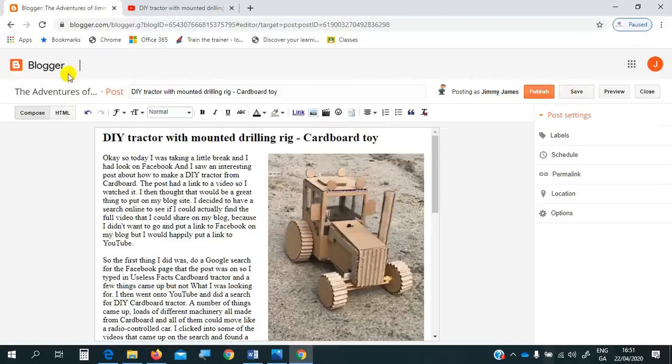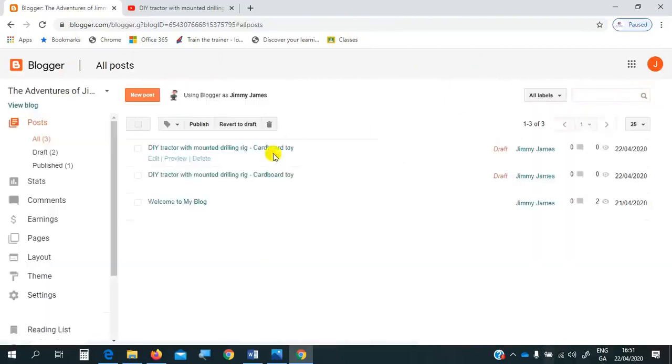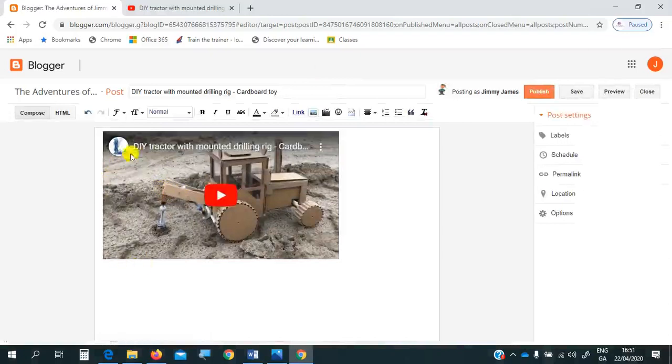Now we've gone Save, and now we will go Close. As you can see here now, we have two posts. DIY tractor with drilling rig, and the same here. So we'll just look at editing the bottom one. And this is the one we just created from clicking on